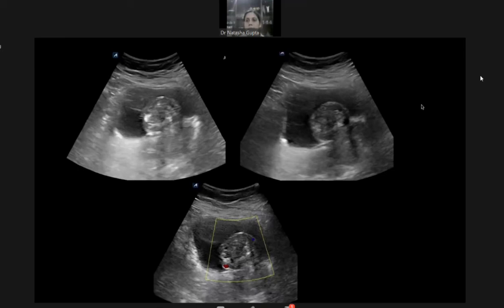Tell me. Ma'am, the wall is thickened. There is thickening, again keeping with the location of the mass in the submucosal location. So we can see this hypoechoic wall, which is definitely thickened here, and the mucosa is seen separately. Okay, so basically this is a mass lesion, and the normal wall of the bladder that should have been here in this region is totally disrupted, right? Yes. You do not see the layers of the wall here, you see just the tumor mass.